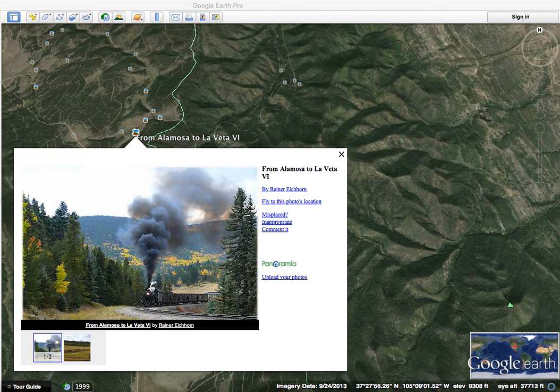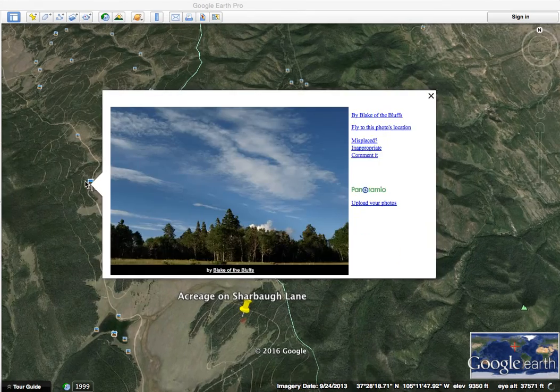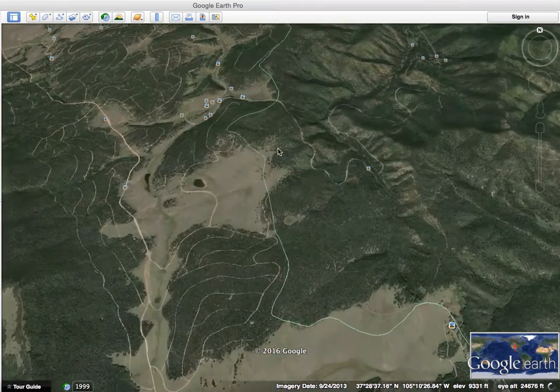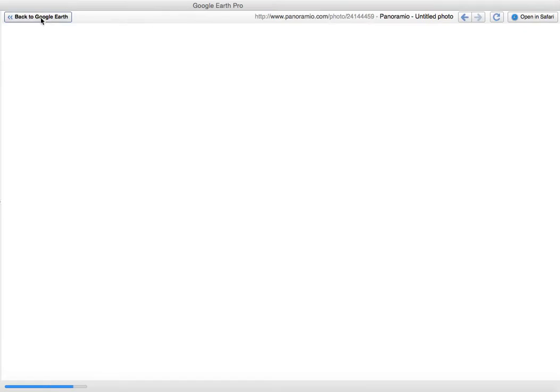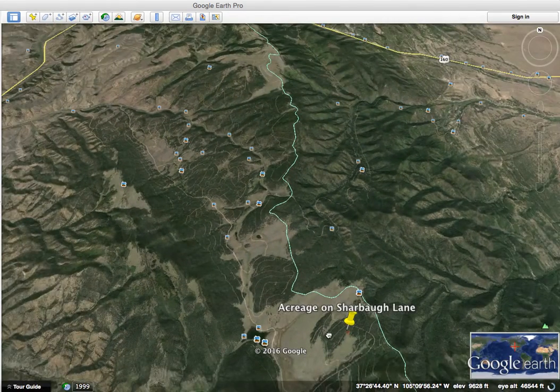People really like that little train. But that's going to be a typical view in the area. It's breathtaking. I really haven't looked at many of these. Whoops, and I keep zooming in on stuff. Okay, and one other thing I wanted to show